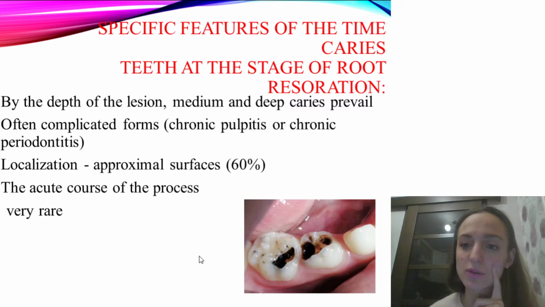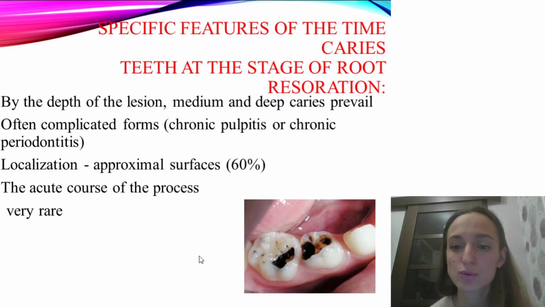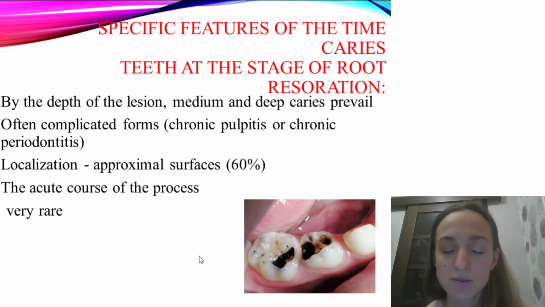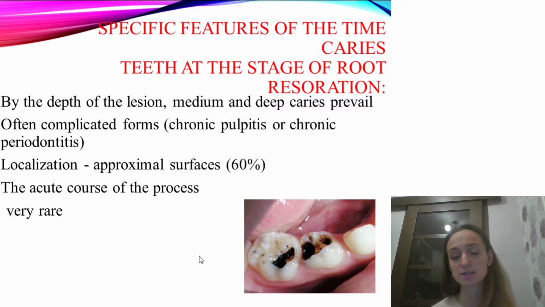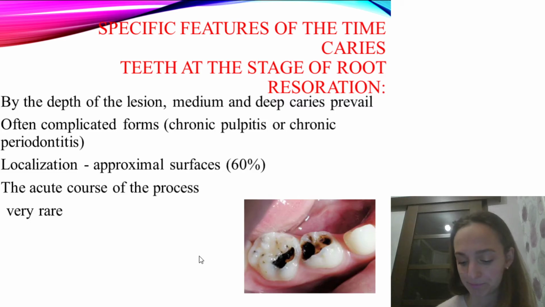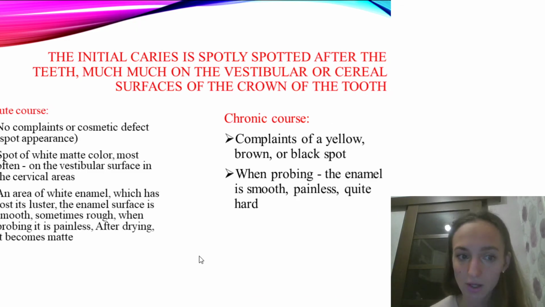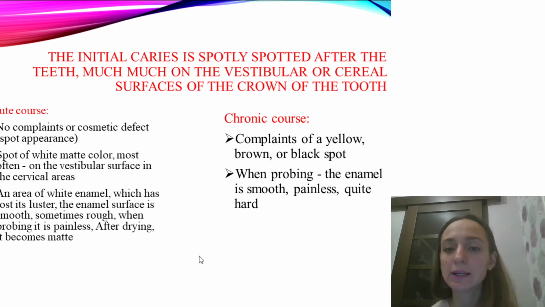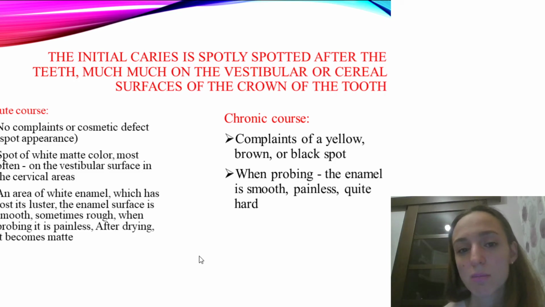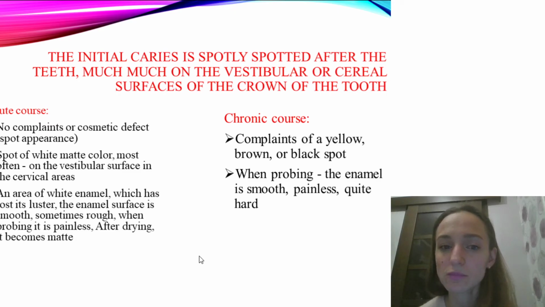Specific features of caries in teeth at the stage of root resorption: by the depth of lesion, medium and deep caries prevail, often complicated forms, chronic pulpitis or chronic periodontitis. Then localization: proximal surfaces is 60%, and the acute course of the process is very rare. The initial caries is a spot on the cervical surfaces of the crown of the tooth, and